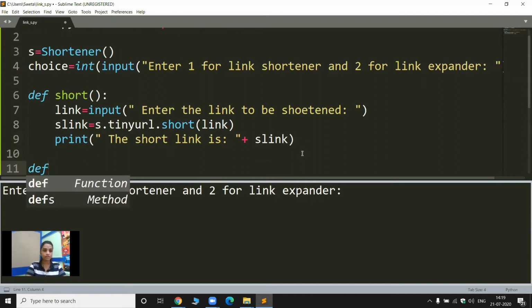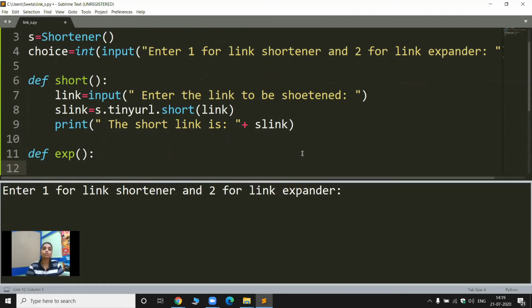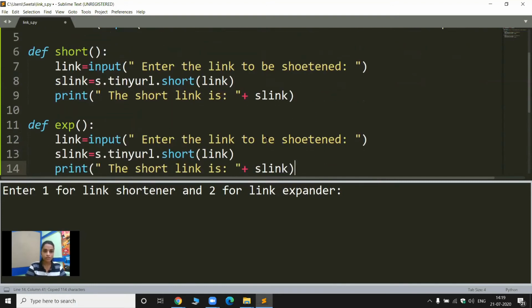Now let's write another function for expanding. Let's define it as exp. Here we're going to take an input, which will be a link that the user wants to expand, or you can say decrypt. I'm just copying it here and I'll make the necessary changes. Enter the link to be expanded.